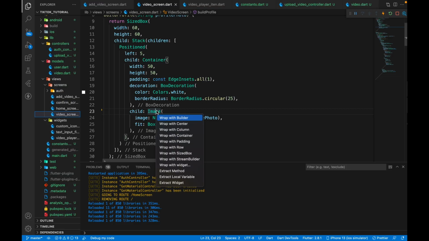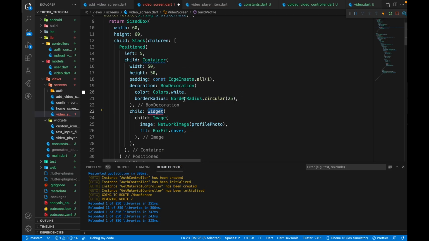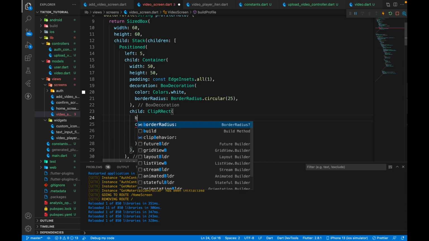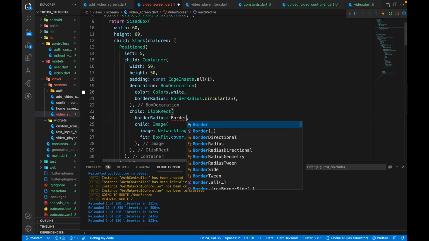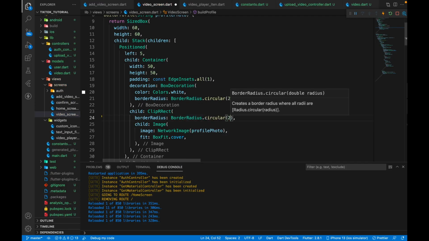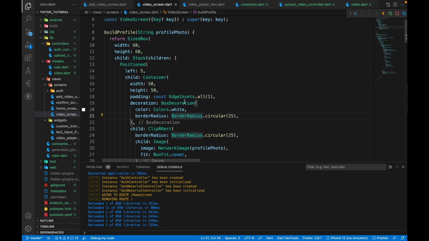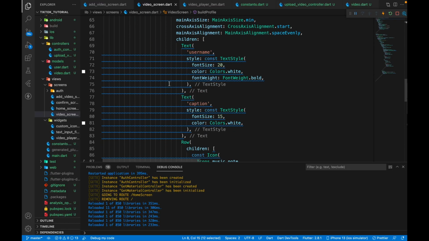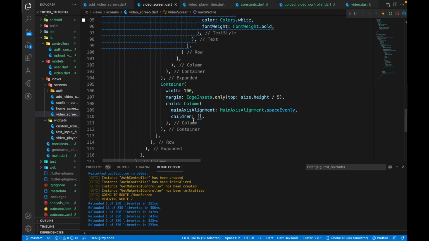After saving this, we can wrap this with a clip rect so that we can get some border radius, so we can have some rounded effect. So we can have clip rect. The border radius is going to be border radius dot circular 25. Then we can save it again. We can take this build profile from here and go to the bottom,